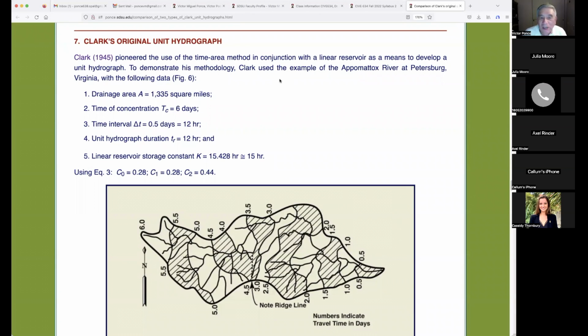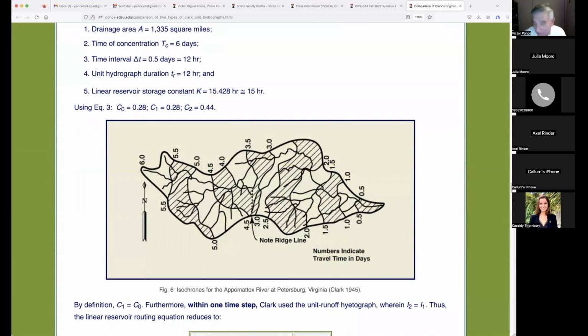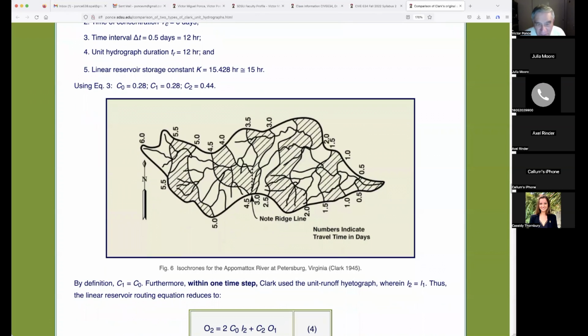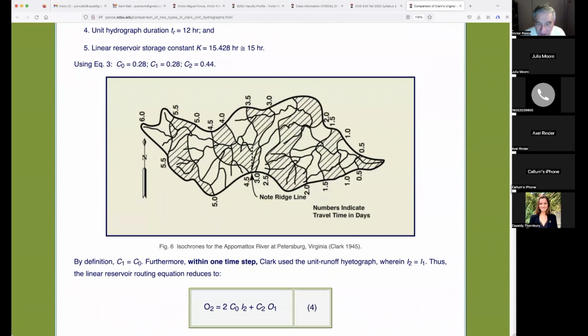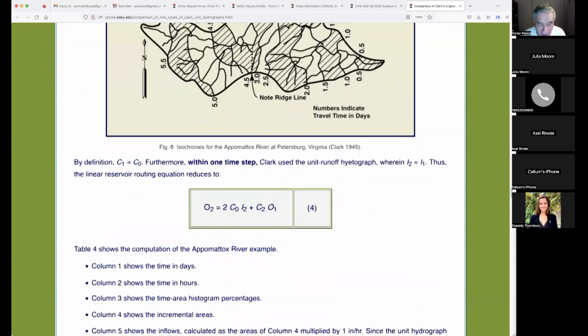Okay, the drainage area. He used an example, the Appomattox River at Petersburg, Virginia. These examples are the examples of Clark. This graph over here is Clark's. We kind of reproduced it to put it in here. It was that important. This is a reproduction. It's not just a Xerox of what he did. It's a reproduction of his work. And we have